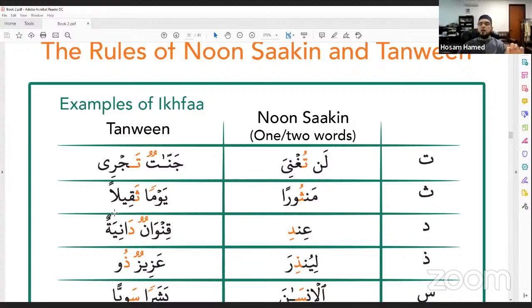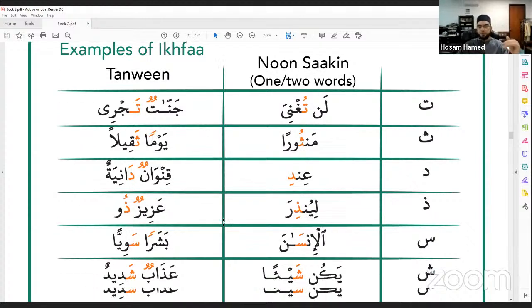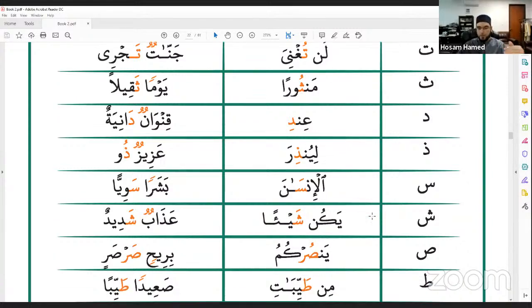منثورا يوما ثقيلا. You see how I'm preparing a th. يوما th. You can feel that I am preparing my mouth to pronounce a th. منثورا. The same thing with the ذال. قنوان دانية, قنوان دانية. الذال now, لينذر. You see, I'm preparing ذال. عزيز ذو انتقام. السين